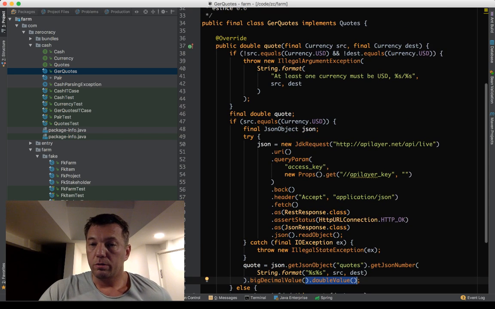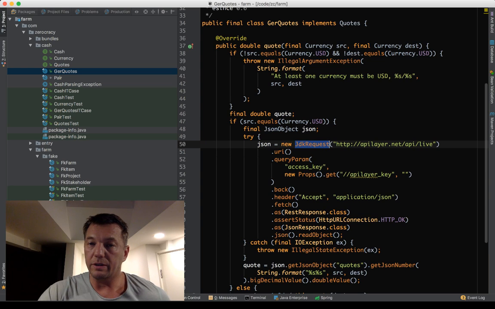It looks good so far, but this one is a really expensive dependency. So this class is untestable right now. I cannot really write a unit test for this class.